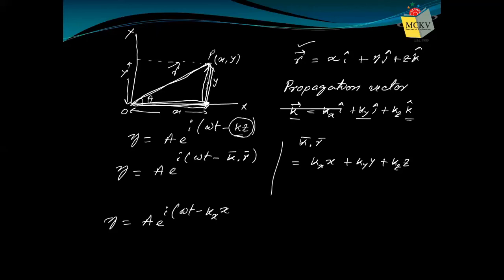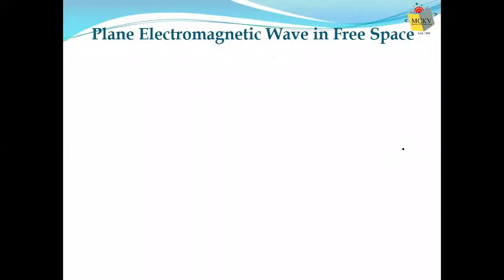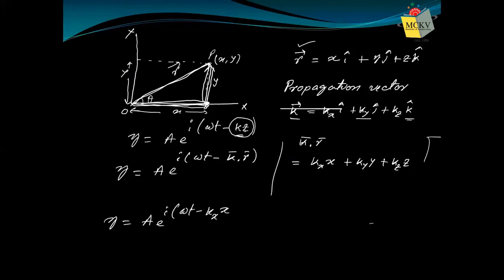If I say now the wave is propagating on a plane containing x and y, suppose this is our xy plane, this is x, this is y, and the wave is like this, then it has some x component as well as a y component. Then how will you write it? You will add the y component to it, like this.